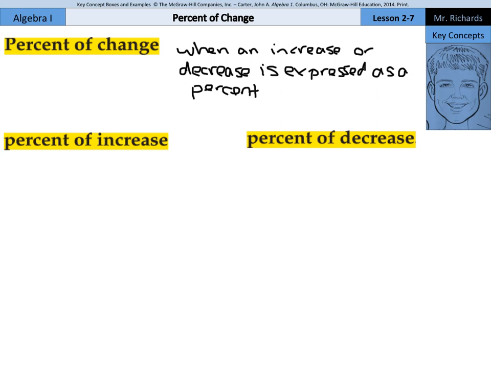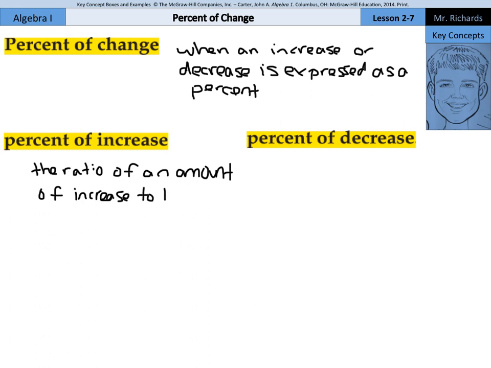Percent of increase can be defined as the ratio of an amount of increase to the previous amount, of course expressed as a percent,